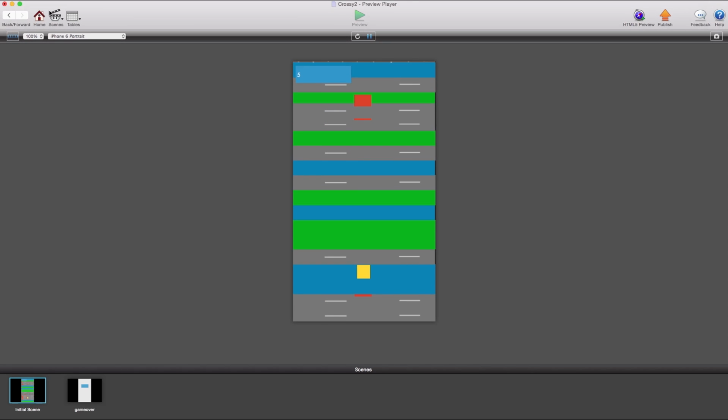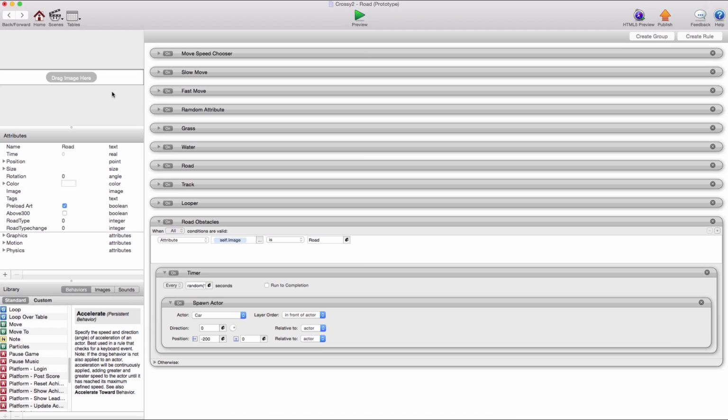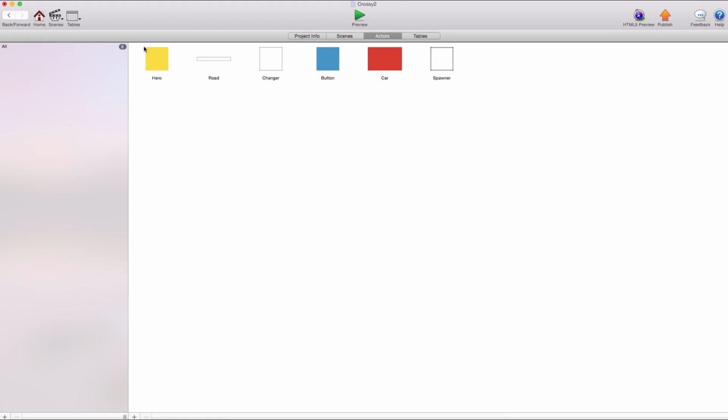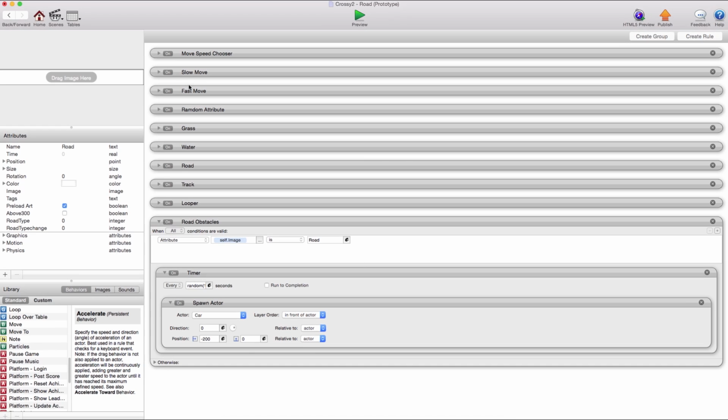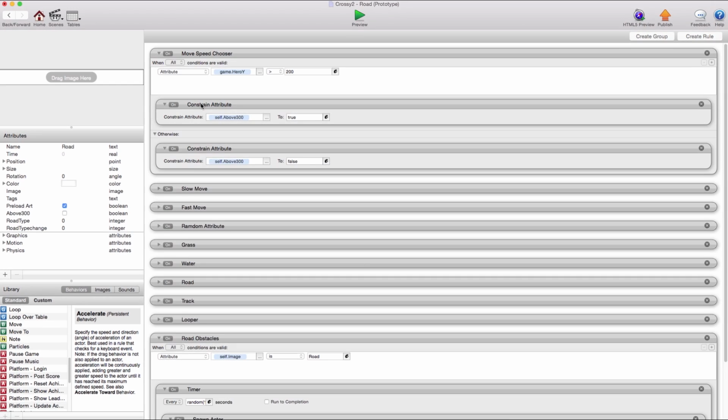So what we're going to do is take the exact same thing we did with this road, which was when the hero gets above 200, we move it fast or move it slow. So we can just copy these, and since the attribute that we're using in here, above 200, is in this actor, we're going to need to create that same attribute in the car actor. So just keep that in mind. We'll just copy those,